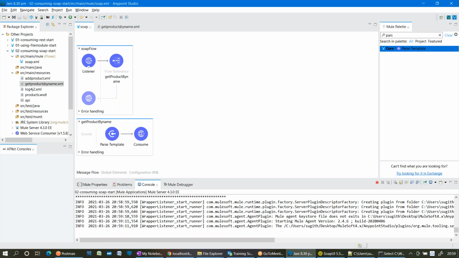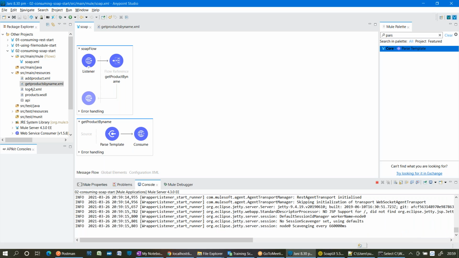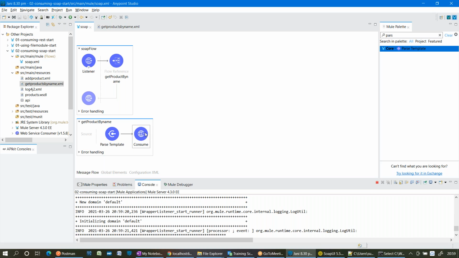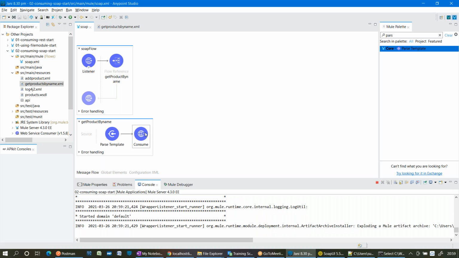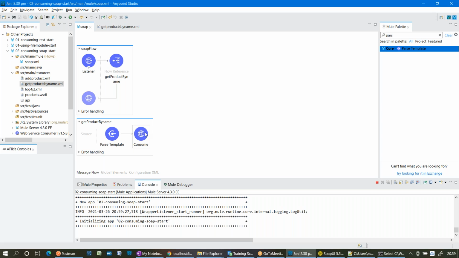What is the key by default? See, in any JSON object, by default the key will be the body. The value will be whatever this consume connector is giving, that becomes the value in that JSON object, right? So what is the output format of this consume connector? That means the third party application is giving in which format? Yes, XML format, right? That will be acting as a value in the JSON object.